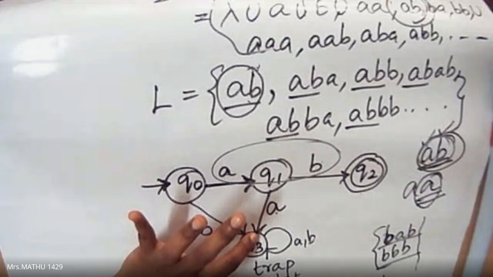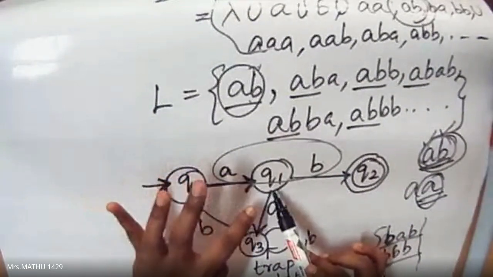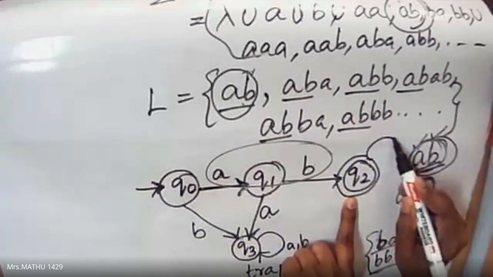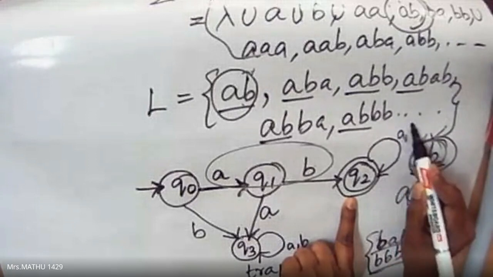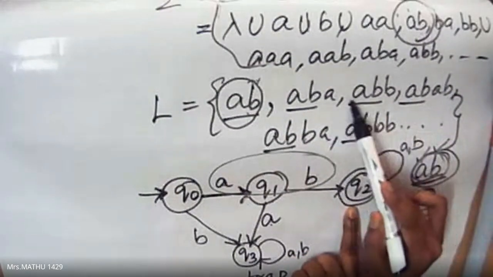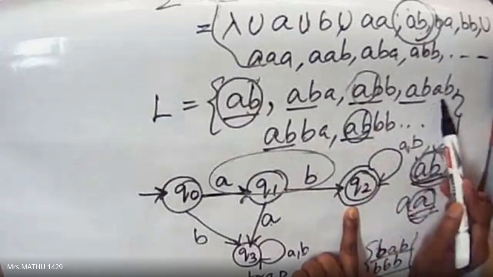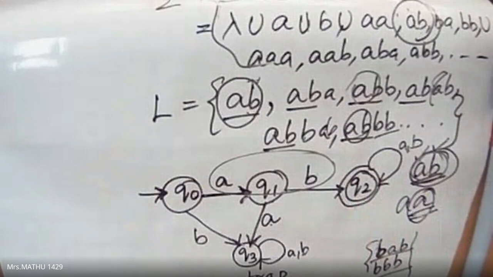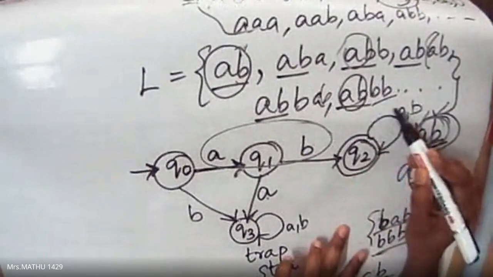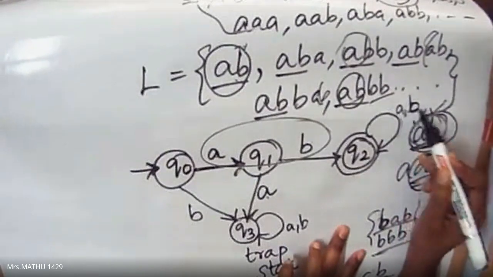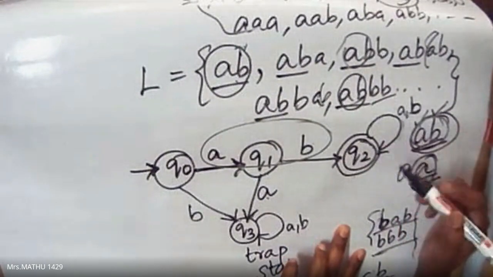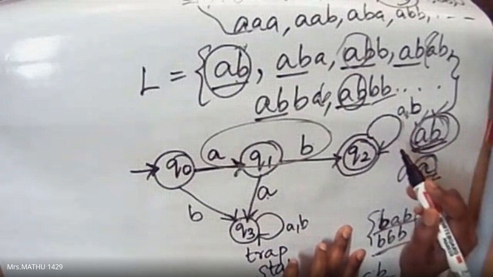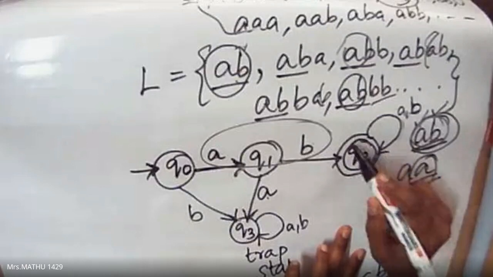Now we have drawn both the transitions. After coming to Q2, you can have any number of A or B. It can be any possibility. After having AB as the prefix, it can be AB or BB or BAB, any possibility. That can be represented using the self loop, which is nothing but the star. It represents any number of strings that could follow this AB. So this is the final state now.